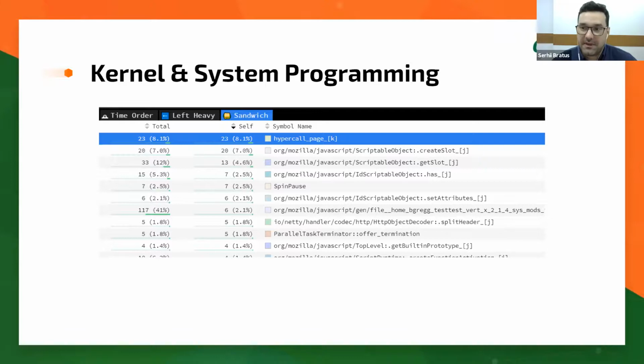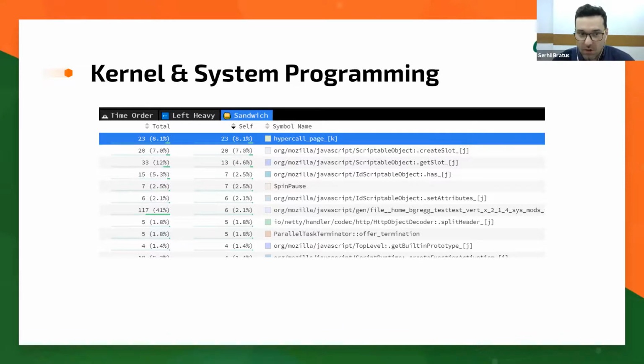And self means that this function was actually executing without calling other ones. So it depends on what you actually want to measure. Self is more convenient from my side. I need it more often, because this means that this function has some algorithms or some job that is taking resources.